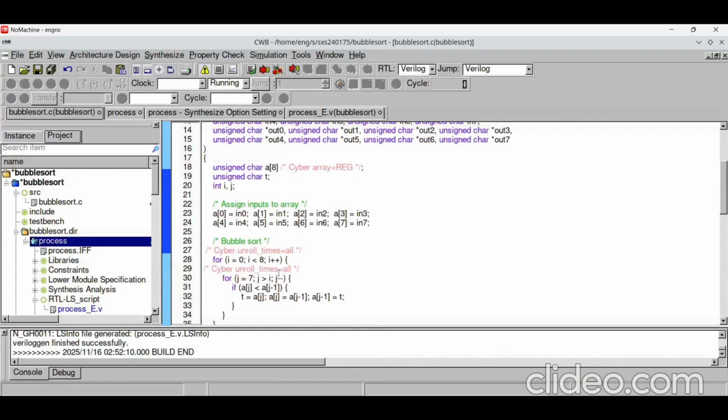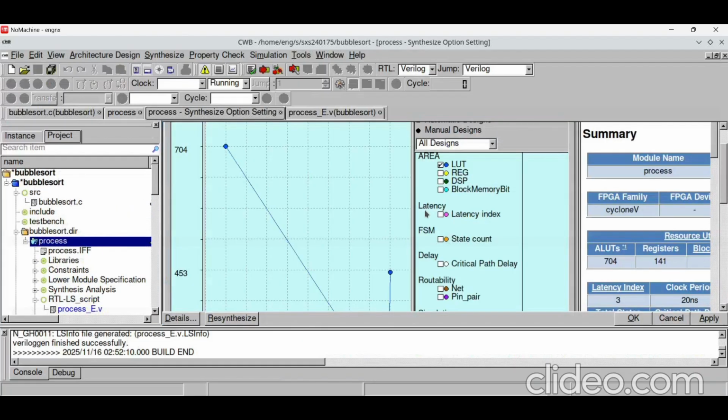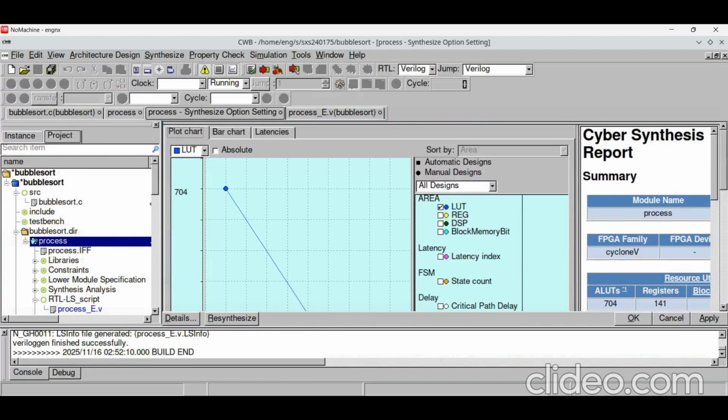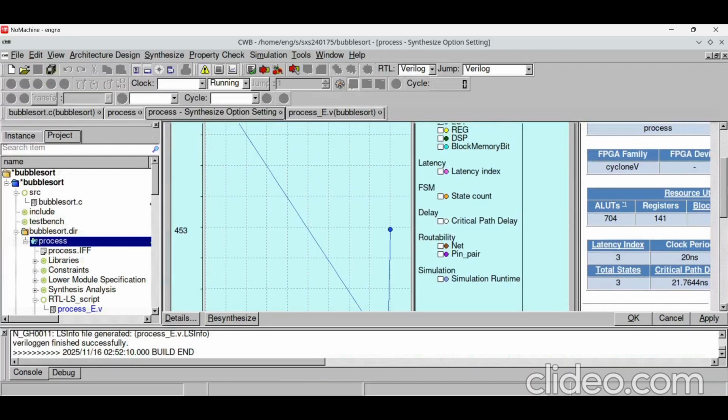So in our third design, we've made the second loop unroll as well, and we're still making use of the register arrays. This has been synthesized, and the synthesis window can be seen here. Our area and latency went back to our original design, which suggests that by default, the loops are set for unroll and the registers are used for the array,